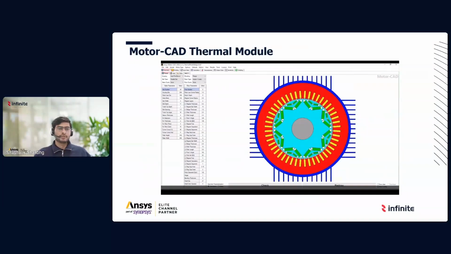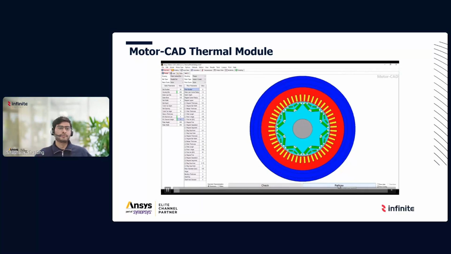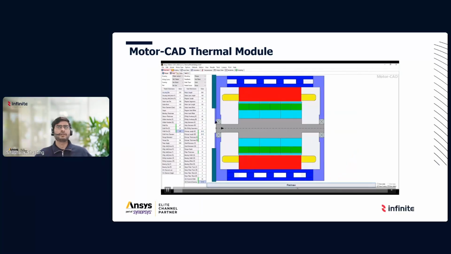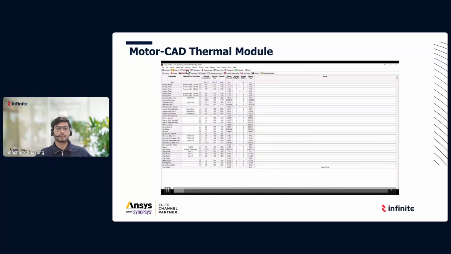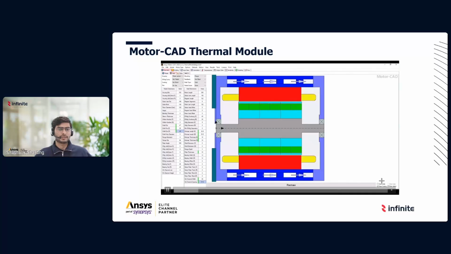So coming to the thermal module, here is the visual. You have a way to set different parameters, like the ratio-based parameterization, like I mentioned earlier. Here you can see how the motor would look. Just going forward, you can visualize the fluid flow as well, in the direction in which you would like it